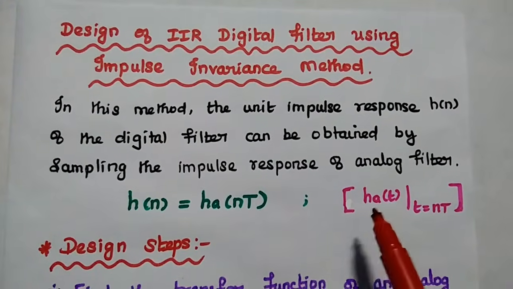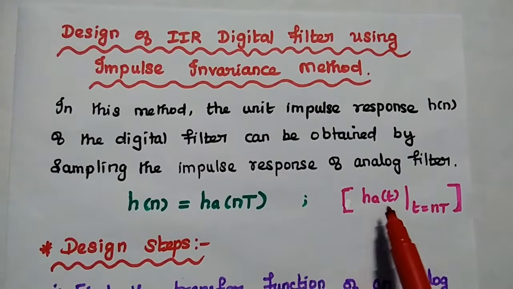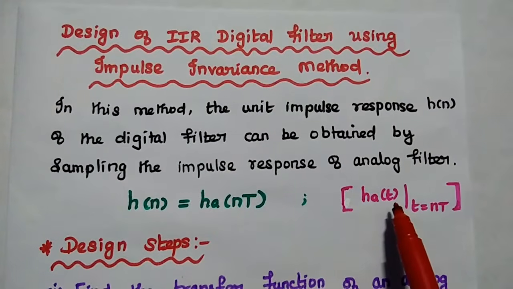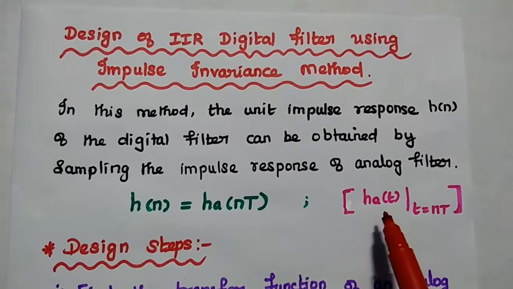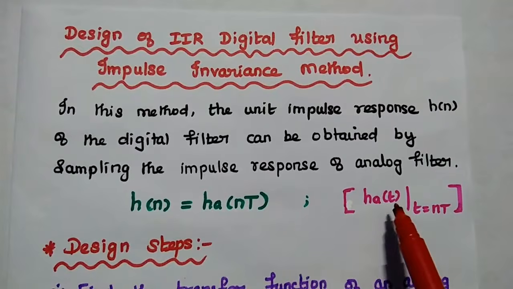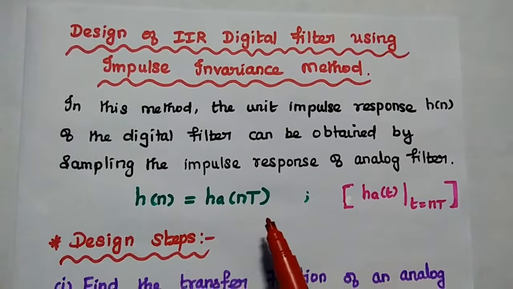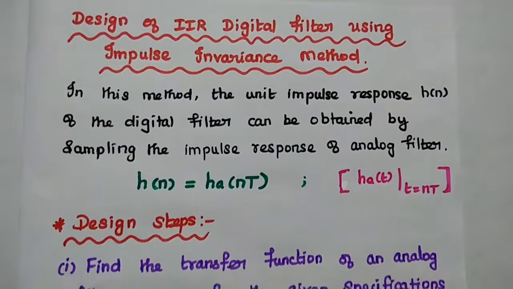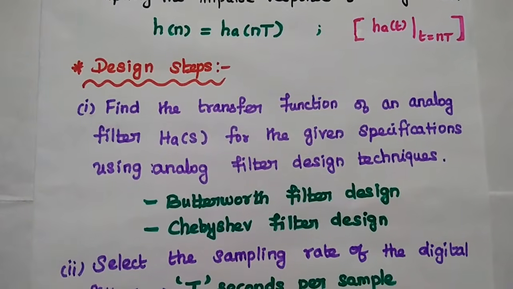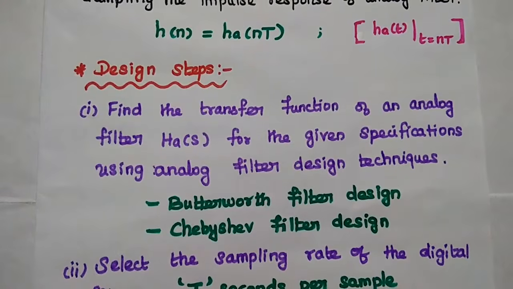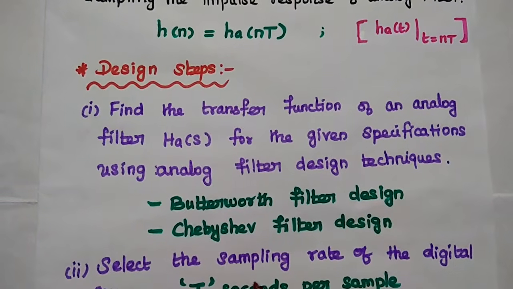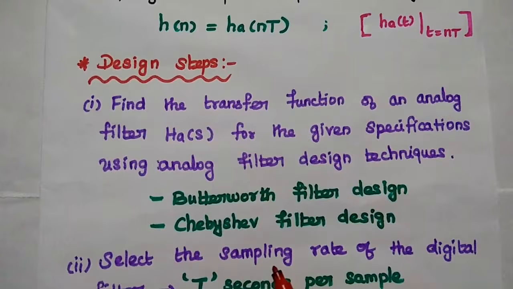As we know, the impulse response of the analog filter is given as HA(t). Here we are going to sample this analog filter's response at an interval nT. We can get the digital filter, that is h(n). Next we are going to discuss the steps to be followed in the design of IIR digital filter using impulse